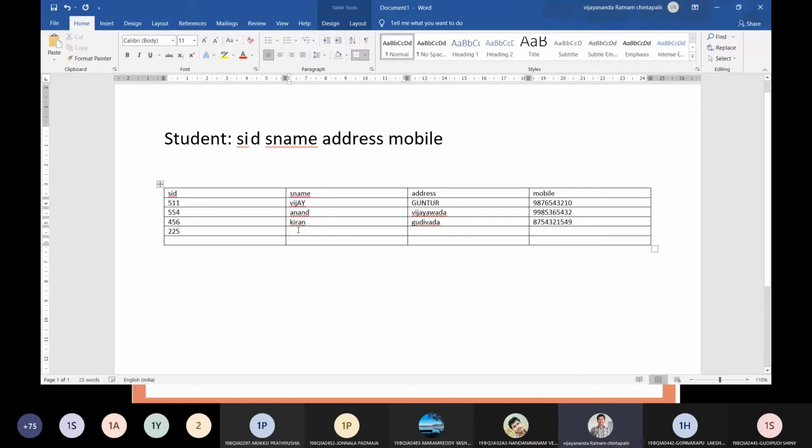His name is Srinivas, and his address is again Guntur. His mobile number is 598. So this is the way we can store the data in the form of relations.